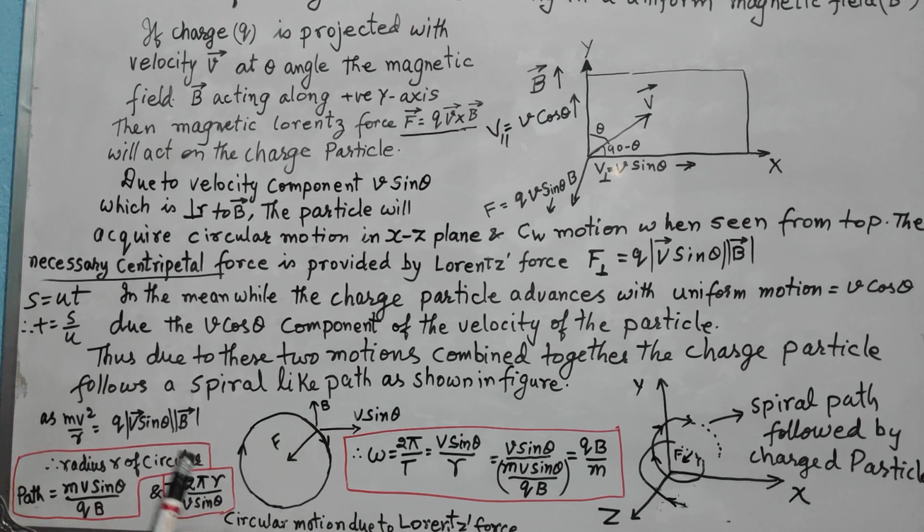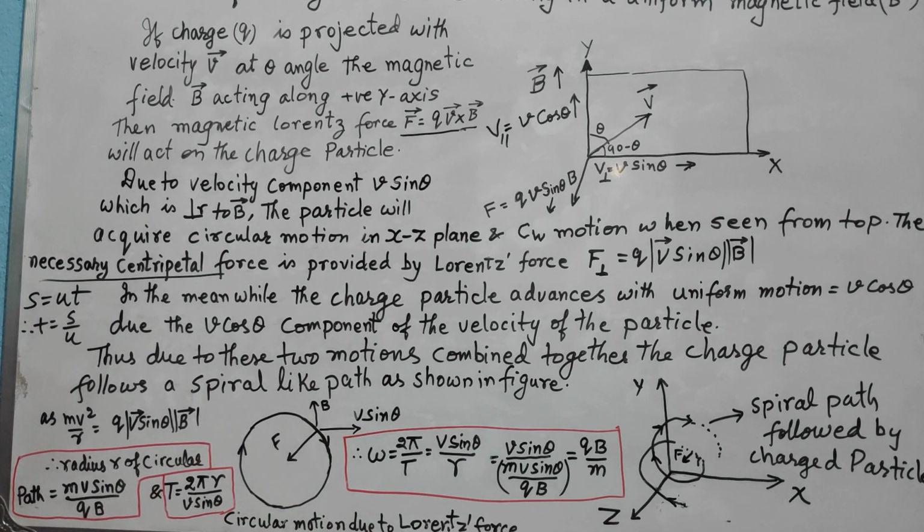So 2 pi and 2 pi, these two cancel each other. You do this exercise yourself. I am just putting the value of t, the time period, and on solving we get v sin theta by r. So that means once we got this relation, angular velocity is equal to v sin theta by r, we can